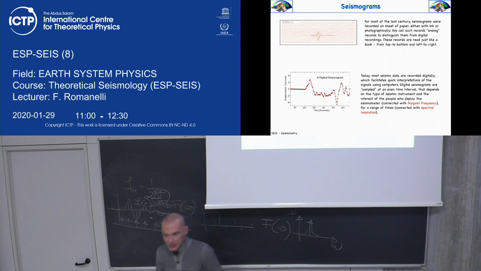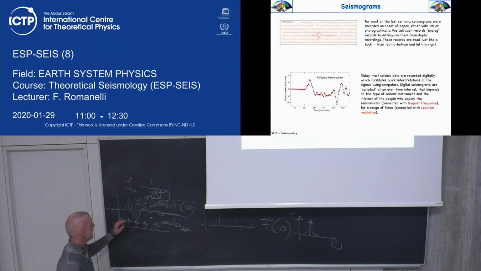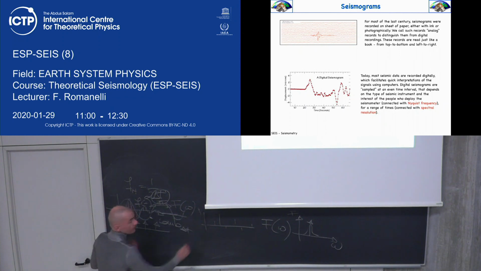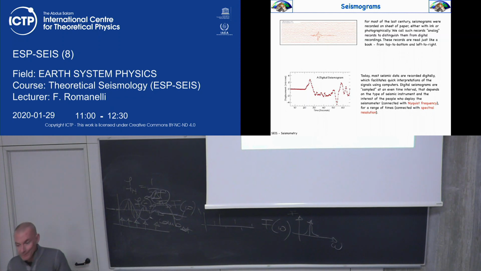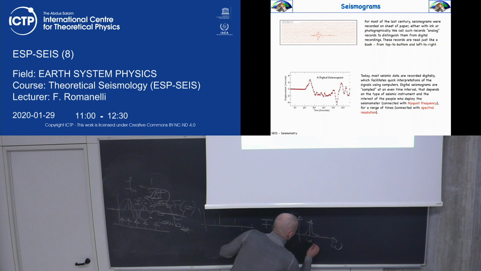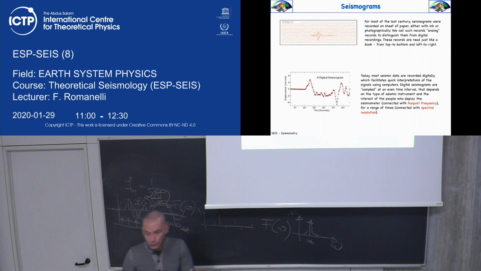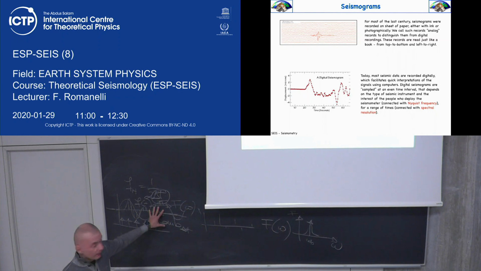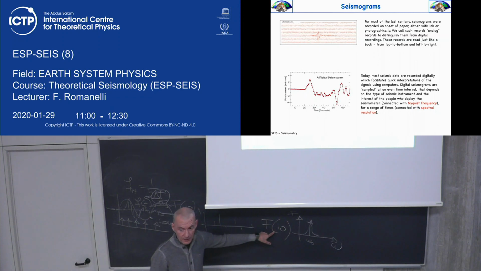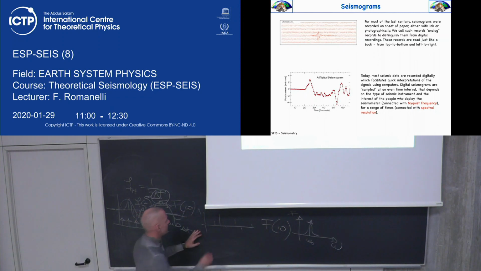Good, let's make it simple. Let's imagine that f of t is a beautiful sinusoid with a given period, so the Fourier transform is a single peak at omega c. Good? But wait a second, if we apply a digital filter here, what we get is not this, because we will get